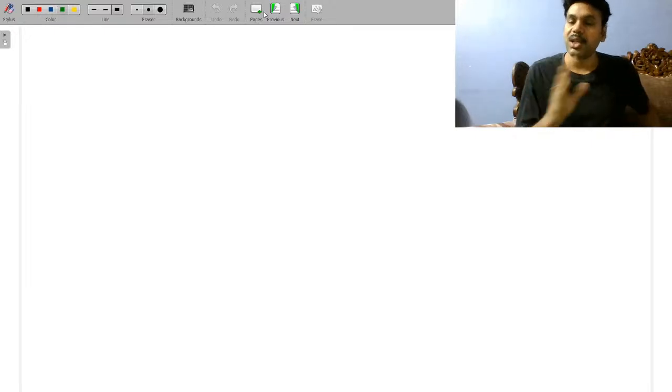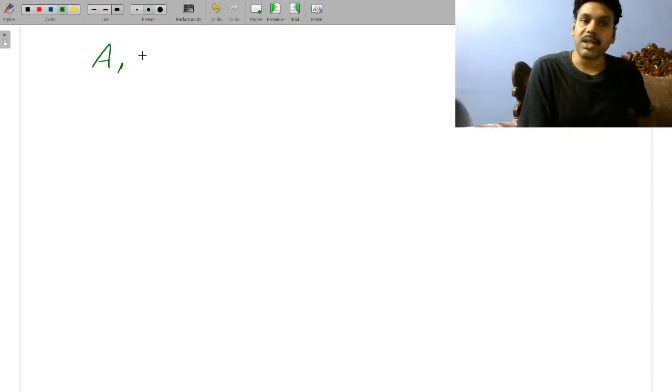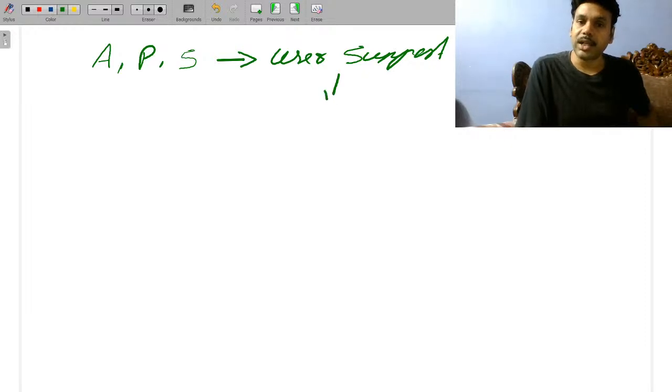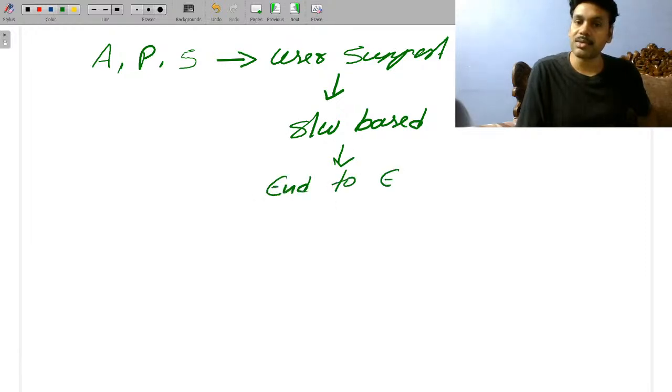So without having any kind of layered structure, you cannot have the data transmission concept. Therefore, my dear friends, now I'm going to give you one small diagram to see how the layers interact. If you are talking about the layers, application, presentation, session, we call them user support layers. The other name for them is software based. And the other name is end-to-end layers, because they never deal with the media,